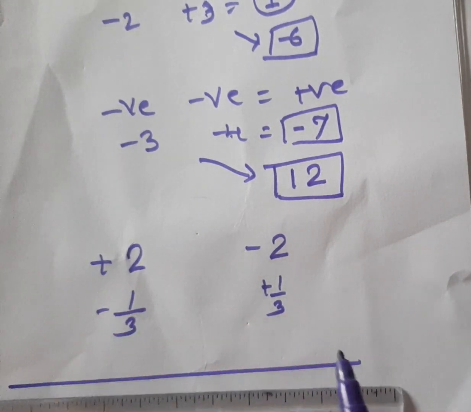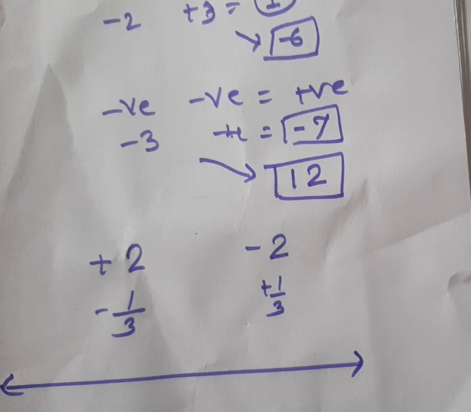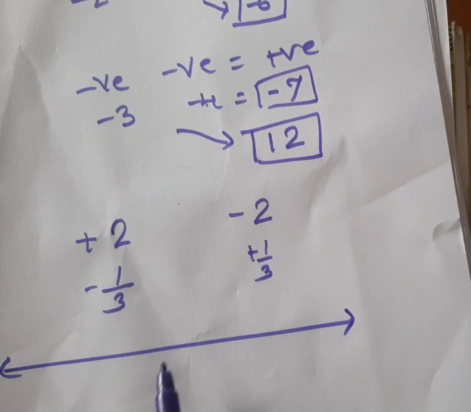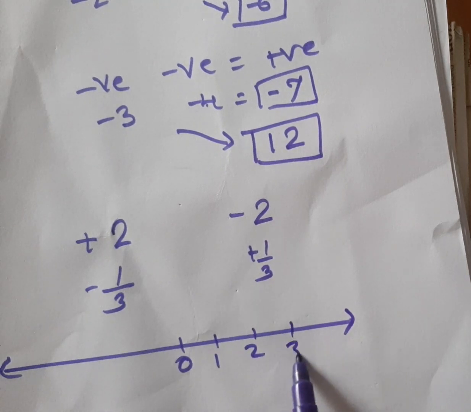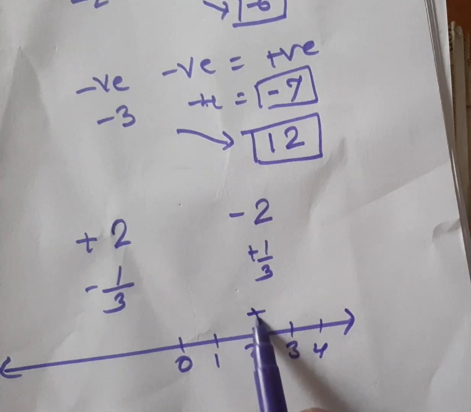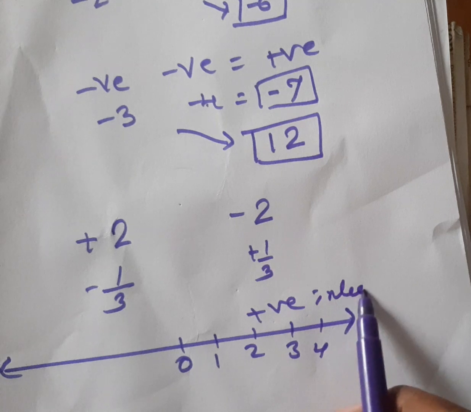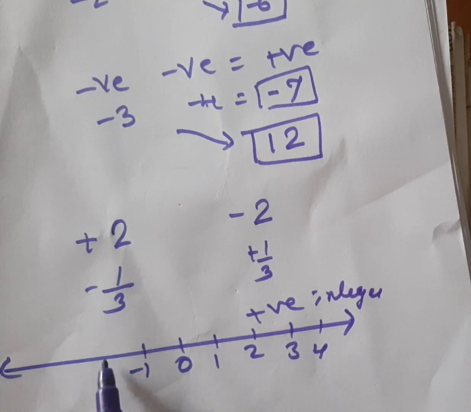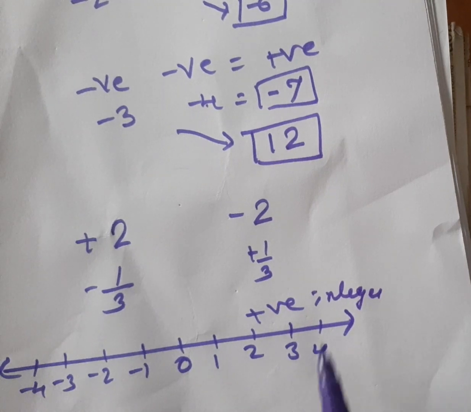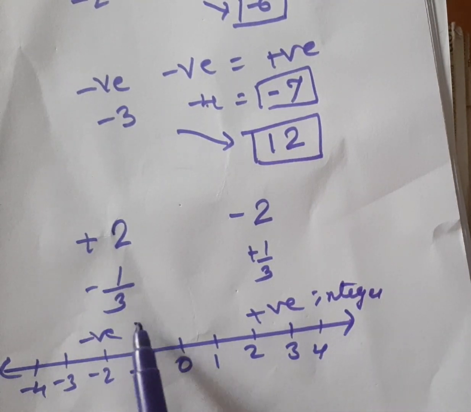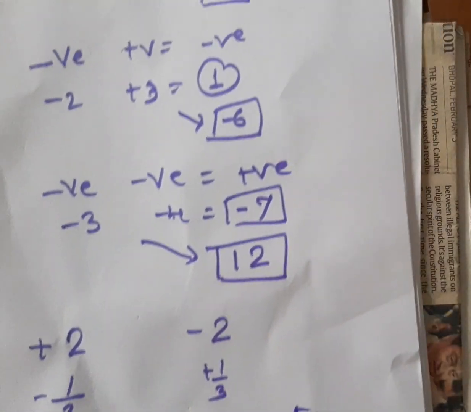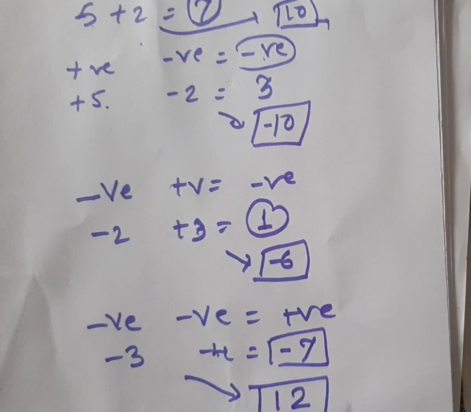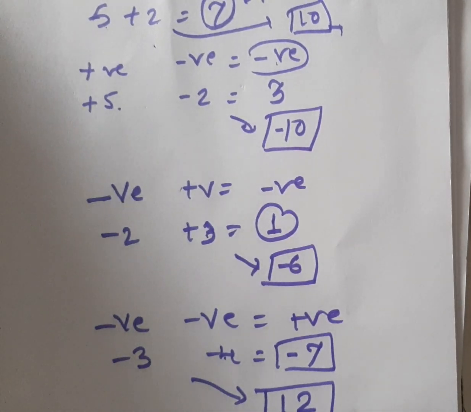Now I will explain what is meant by positive integers and negative integers. Okay, now I will draw a line. See here, I will draw a line. Okay, this is the center. All the numbers to the right side are positive integers. Okay, and all the numbers to the left side are negative integers. Understand? Very easy to understand this concept of lessons number 1 and 2. Okay, thank you.